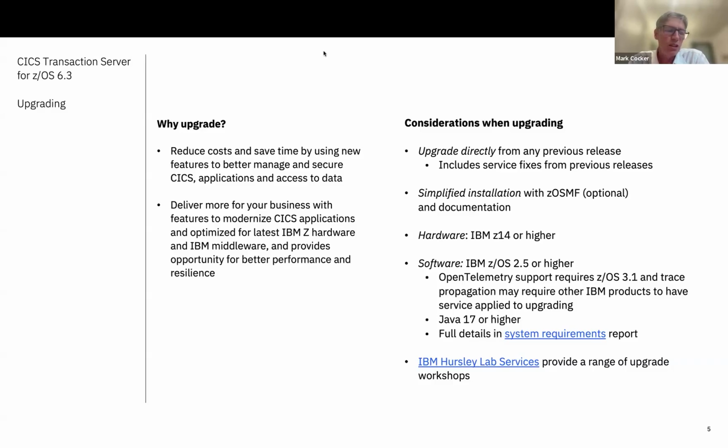And if you're using combinations of products with CICS, for example, MQ, and you want to have MQ emit OpenTelemetry, you'll need to upgrade MQ. Similarly, if you're using the Transaction Gateway or z/OS Connect, or other products like DB2, they'll need upgrading. If you want to have those products emit OpenTelemetry, or indeed, as we'll talk about, in order to propagate information into CICS, it may be necessary to upgrade those products to make sure that OpenTelemetry data actually flows into the CICS environment in the first place.